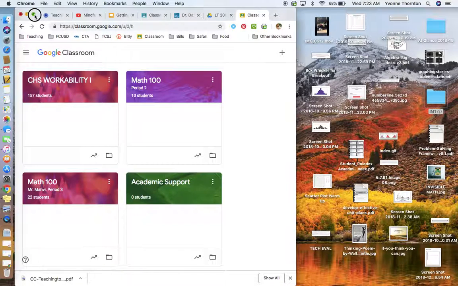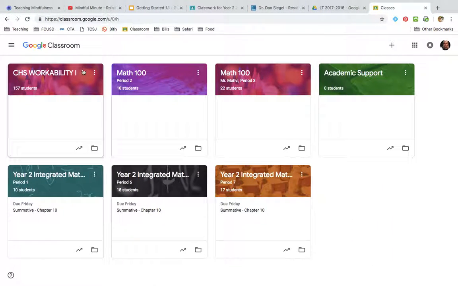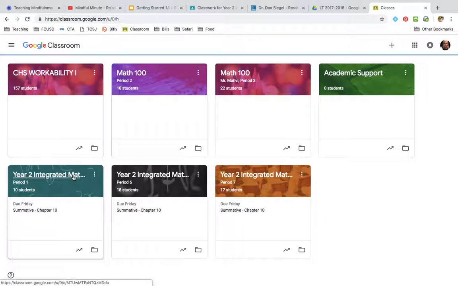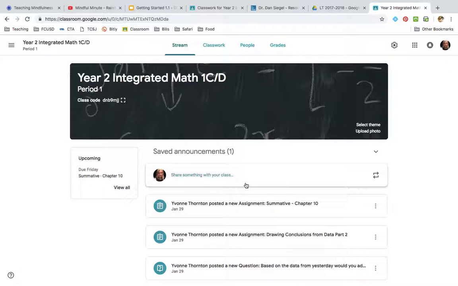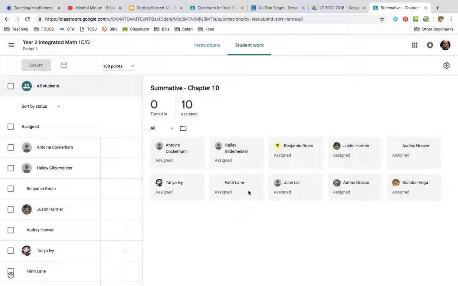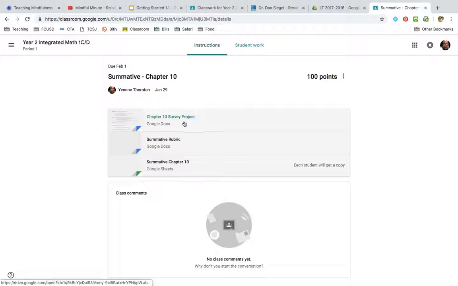All right, so we have our summative, and I wanted to give you some quick tips on how you can organize your data. So let's go to Google Classroom where the summative is posted. Okay, in the summative assignment, and it's not worth 100 points. I need to change that, but you have your Chapter 10 survey project, which has the guidelines of what you